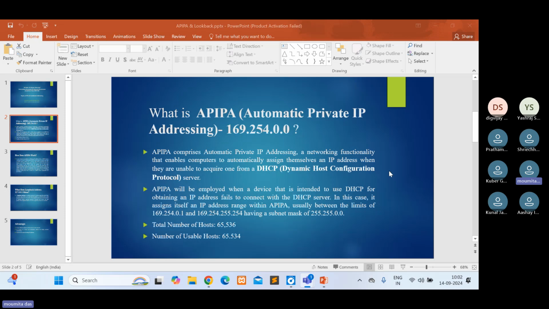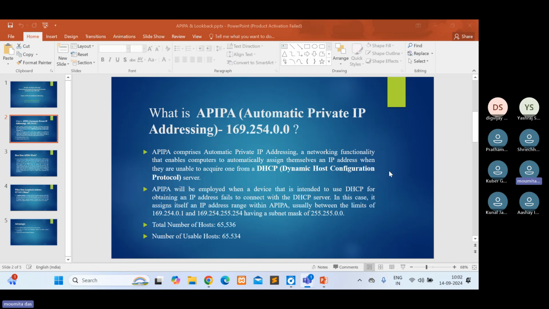APIPA will be employed when a device that is intended to use DHCP for obtaining an IP address fails to connect with the DHCP server.